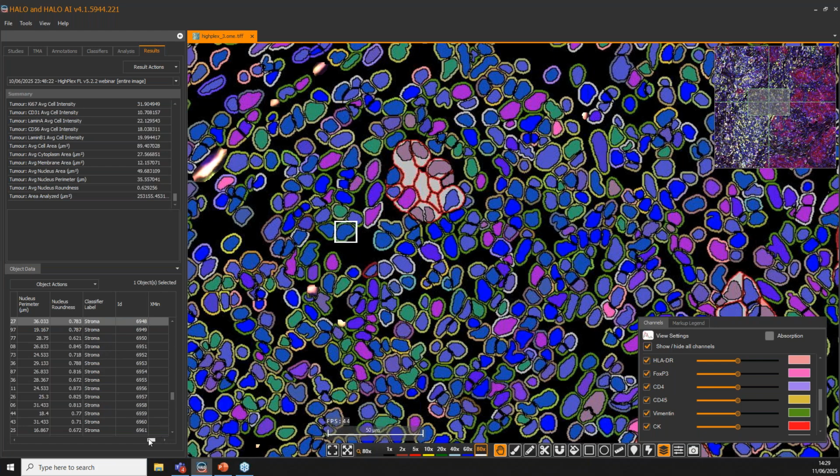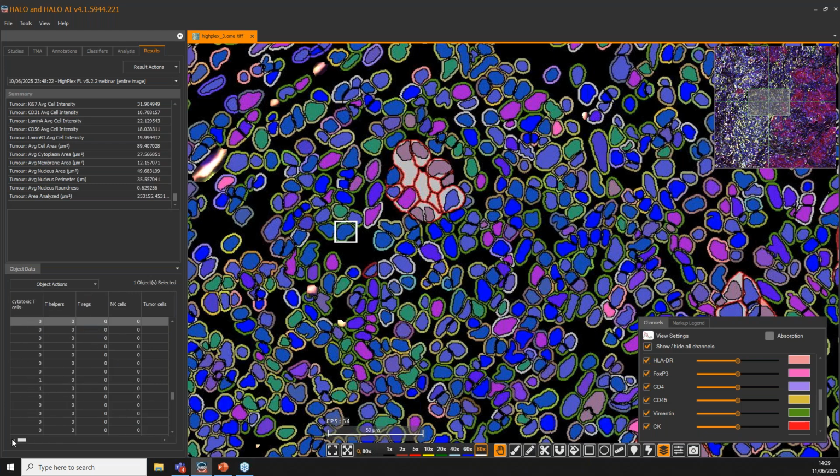And you can look at the ID and the coordinates. So for people who want to just export this out of Halo right away, this can be done at any point. You can just export everything here as a CSV or FCS, or you can also just process everything in